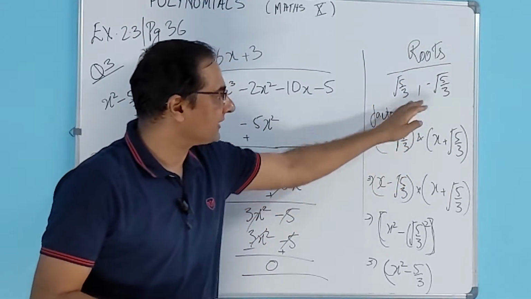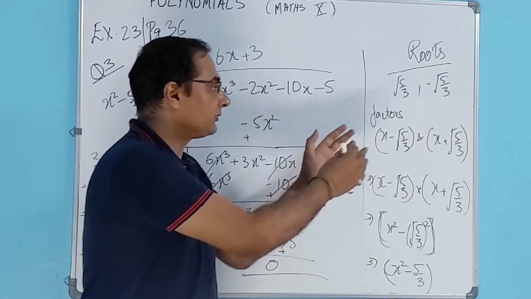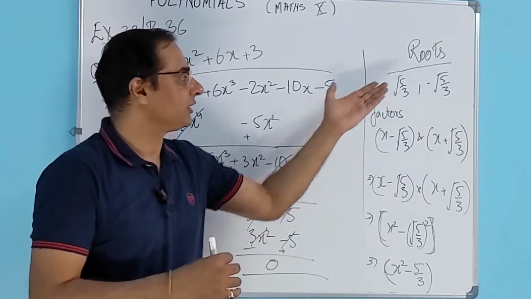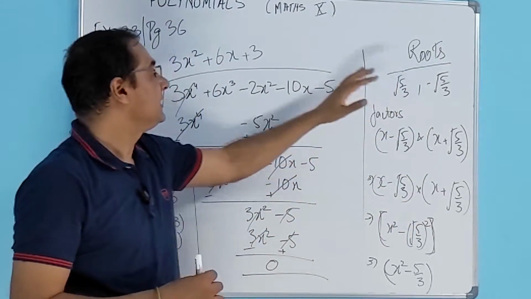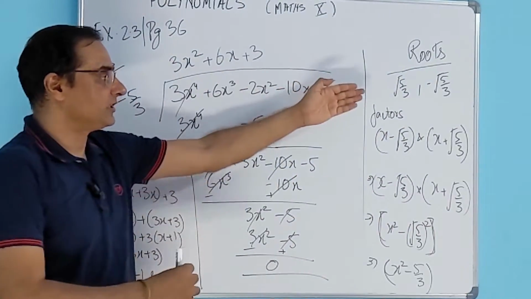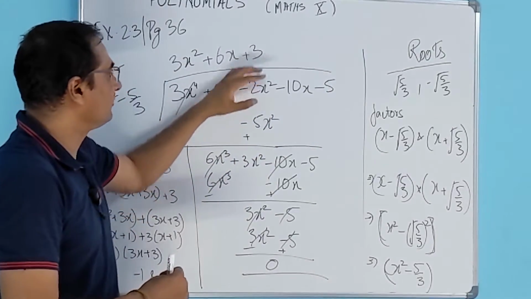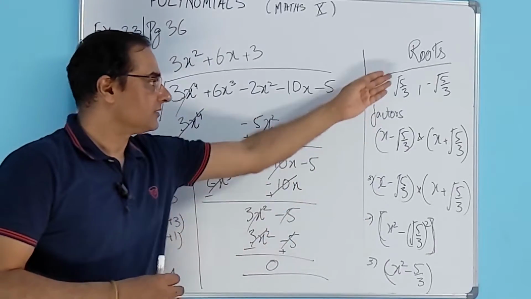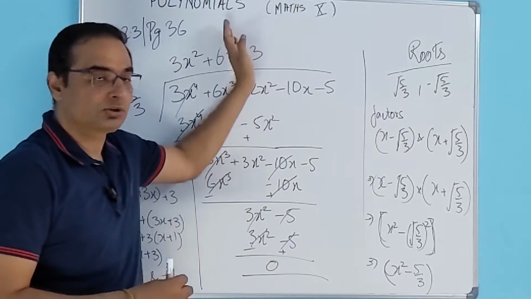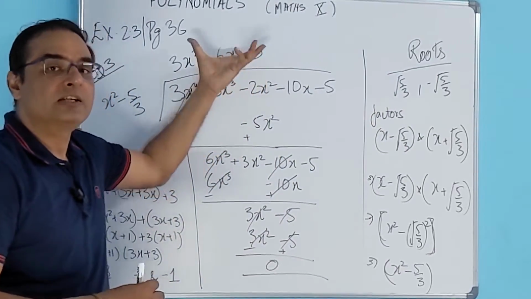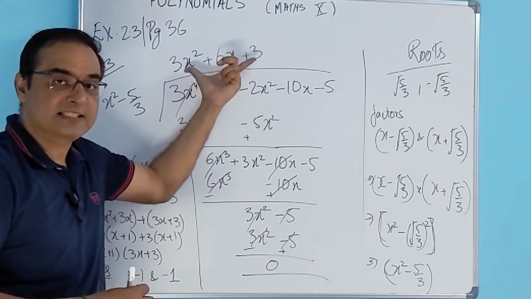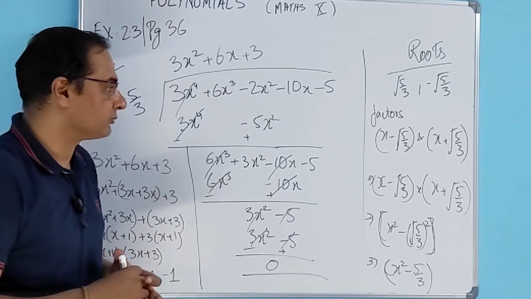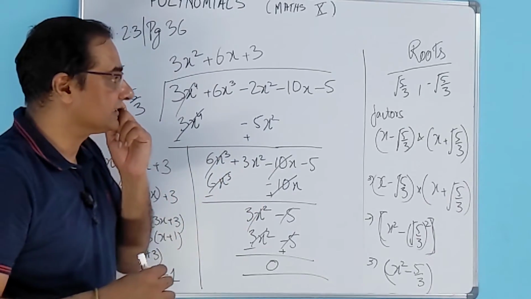We can find the factors based on the roots. Because these are two roots, we are going to get two factors, and we are going to get a quadratic from this. Now if we divide the given polynomial by this quadratic made from the two roots, we are going to get a quotient. This is degree 4, and we divide it by the two-root factor, so the quotient will be a quadratic. If we further factorize this and find the roots, we are going to get the two other roots of this equation. So let's see how to approach this.